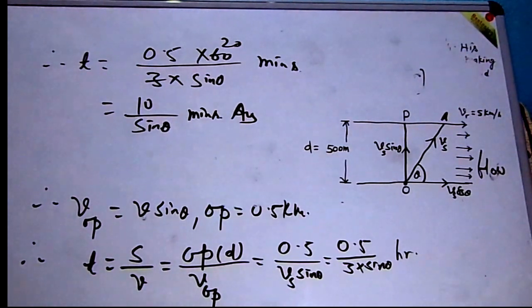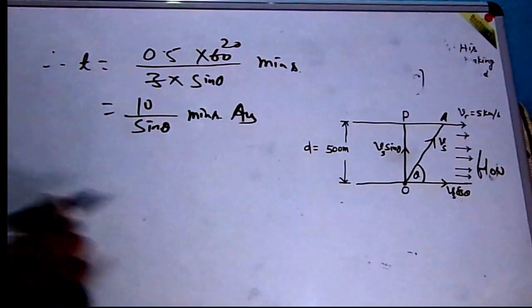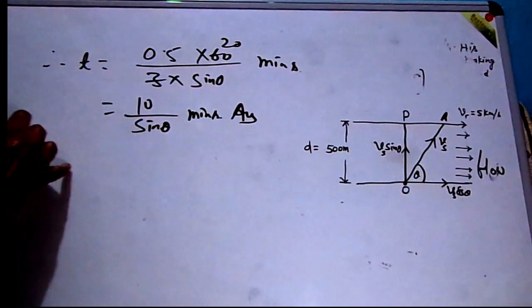अब सर्टेस्ट टाइम भन्दैछ टु क्रस द रिभर सो सेकेन्ड केसमा सर्टेस्ट टाइम भनिरहेको छ व्हाट इज द सर्टेस्ट टाइम टेकन बाई द स्विमर टु क्रस द रिभर सर्टेस्ट टाइमको लागि थीटा इन्क्रिज हुँदै जानुपर्छ भनेपछि डाइरेक्टली हेडिङ गर्नुपर्छ ओपी को डिरेक्सनमा है सो फर द सर्टेस्ट पोसिबल टाइम है द स्विमर शुड हेड डाइरेक्टली अलोङ ओपी भनेपछि फर केस बी को लागि